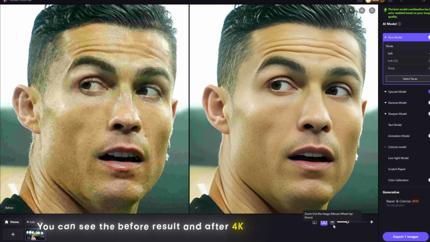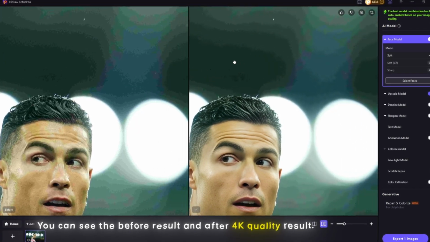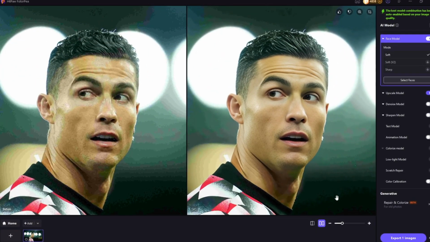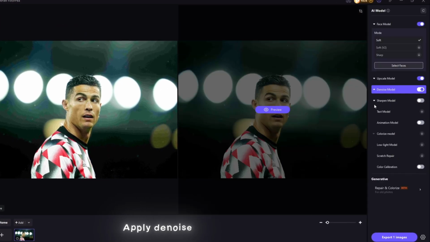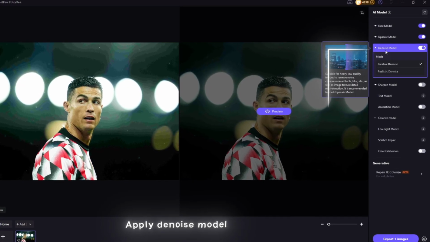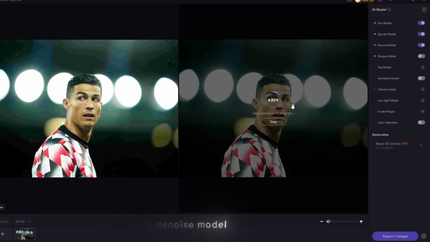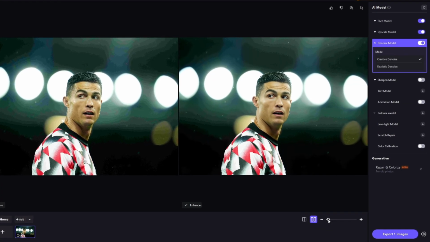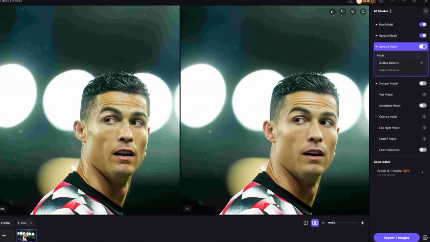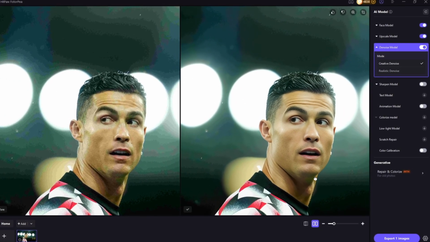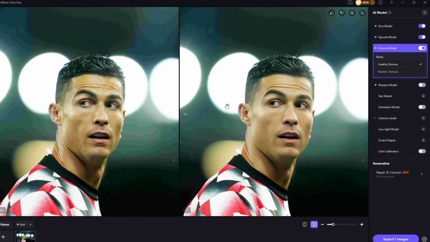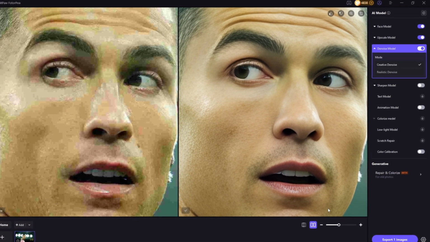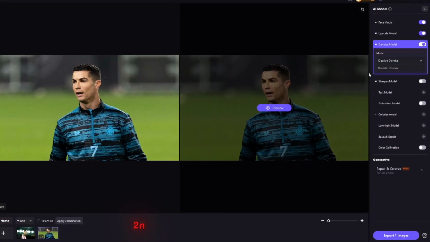You can see the before result and after 4K quality result. Apply noise model. Second example like